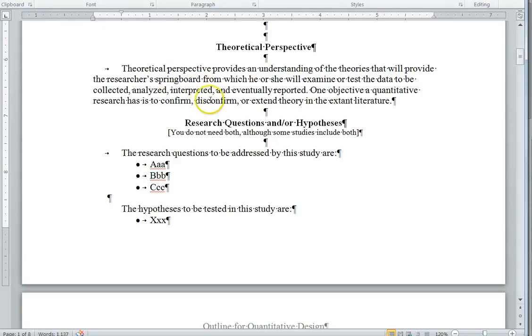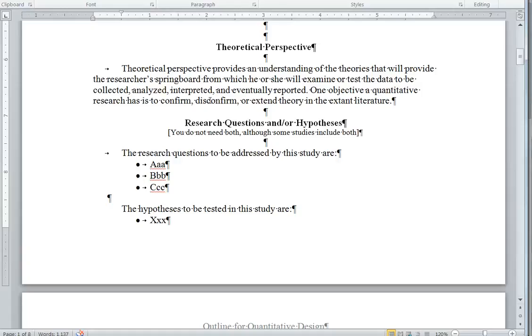It's less typical for research that we would do in organizations, because our research is more practical. Our research is more aimed at solving a problem in our particular organization. So we may not be expanding upon theory, but we still are going to have a theoretical lens. We're still going to have some theory that is often utilized in our discipline,